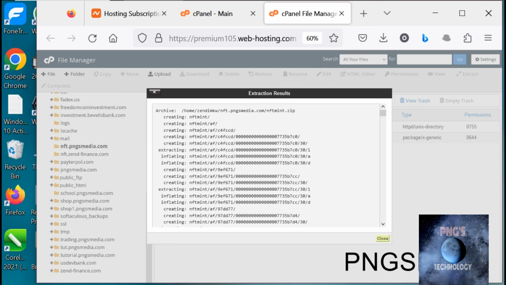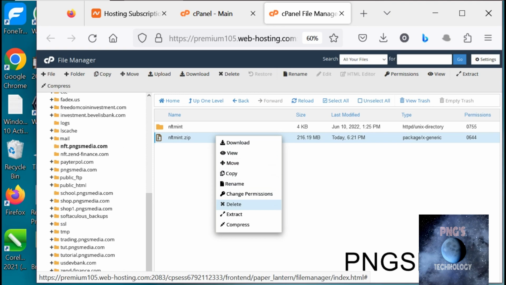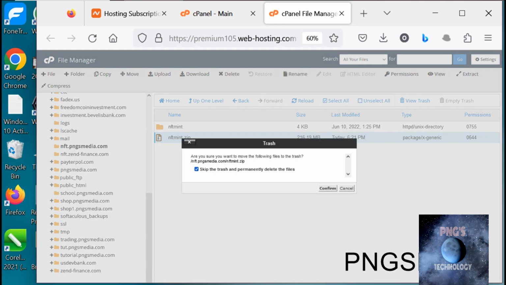It extracted successfully. For me, I want to delete this permanently, as you can see. But for you, you might not want to check this,